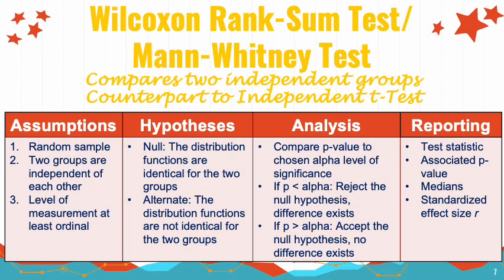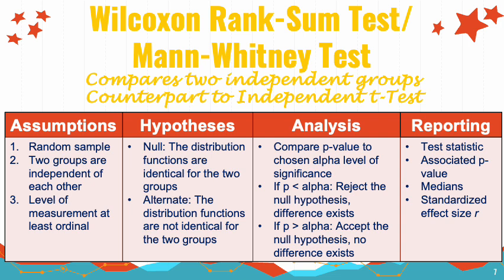The Wilcoxon rank sum test, or Mann Whitney test, is the non-parametric counterpart to the independent sample t-test and should be run when you are comparing two independent groups, but the assumption of normality for the independent sample t-test has been violated. The Wilcoxon rank sum test and Mann Whitney test are essentially the same test. No matter which one of these two tests you run, you are going to get the exact same test statistic